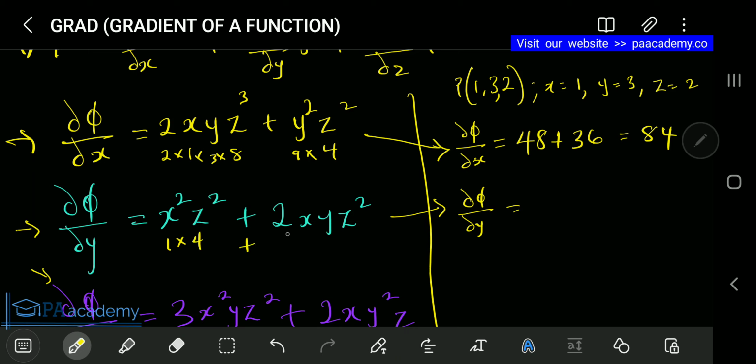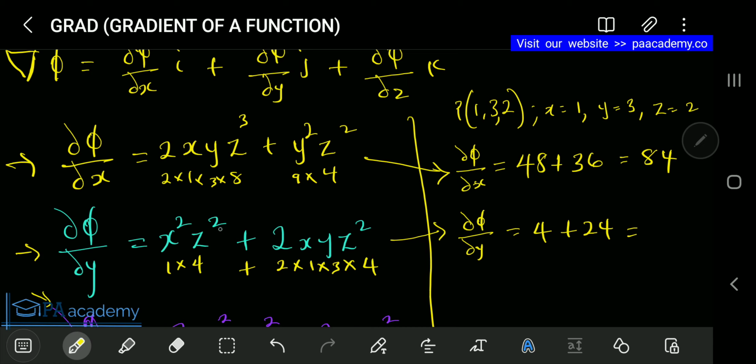And then plus, this will be 2 times our x, which is 1, times our y, which is 3, times our z squared, that will be 4. So this will give us 4 plus 2 times 1 times 3 times 4, that will give us 24. So the total of this is 24 plus 24, and that will give us 24 plus, okay,